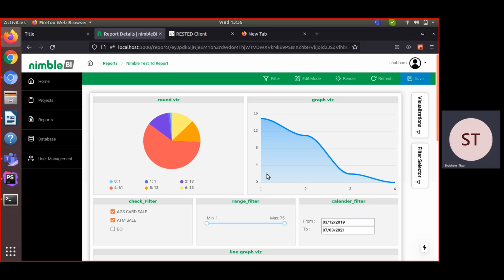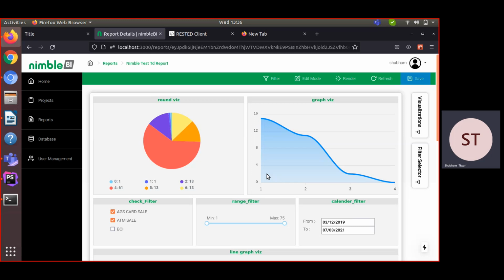The Nimble BI Node API takes JSON data and returns HTML output, which shows the visualization in the Nimble BI app. So in this demo, we will learn how we can consume the Nimble BI Node API.